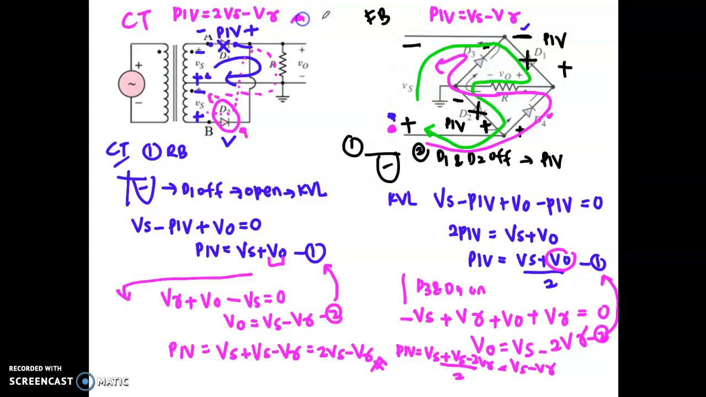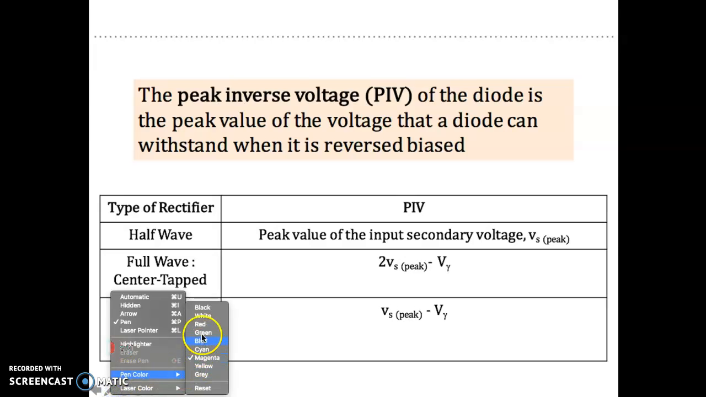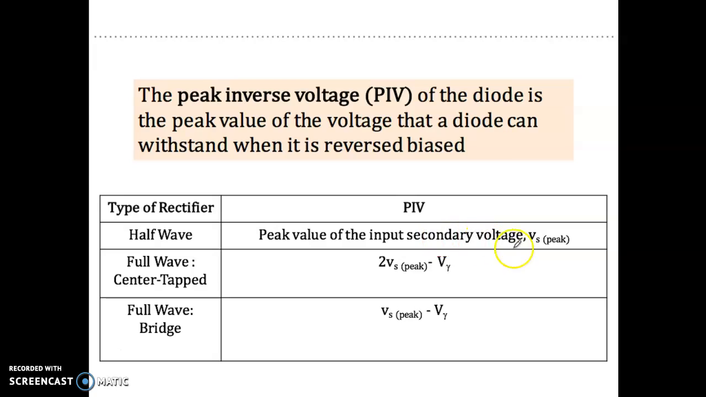So this is the voltage, the maximum voltage before the diode starts to damage. This is the maximum voltage that you can put at the diode before it starts to damage. Okay, so let's continue. So this is the summary of your PIV. If you have half wave, you have Vs peak. For full wave, 2 Vs minus V gamma, and full bridge is Vs minus V gamma as in the derivation that we